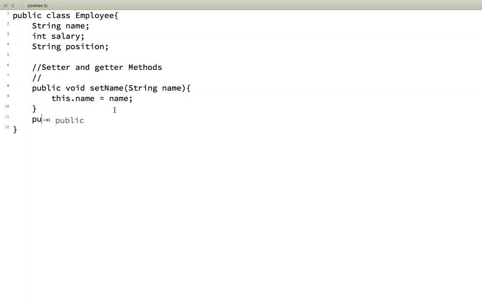Similarly, next thing we'll have is the public getter method. The return type is the same as the variable, getName, string, no arguments required. Simply say return this dot name. Then I have the setter and getter for salary,